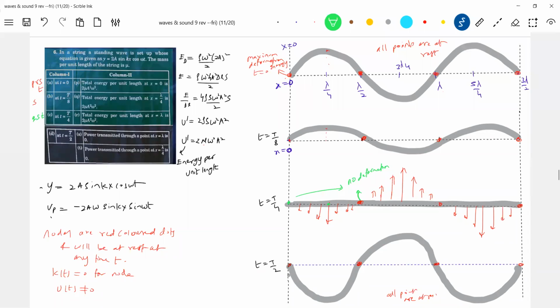Because the tension will act horizontally, velocity will be vertically down. At the antinode, the force will be acting horizontally and velocity will be downward. So therefore, at x equal to lambda by 4, we can put it to be 0. So QST will come. I'm explaining, try to understand, because I can't draw so many diagrams. So here, the force will be acting horizontally, the velocity will be downward. So what is the instantaneous power? It will be 0. Now come for t equal to T by 2. I think it's similar to this one. So what about here? Maximum deformation.